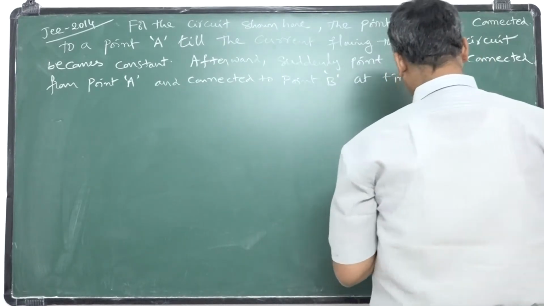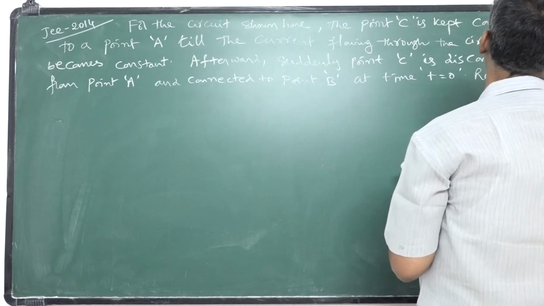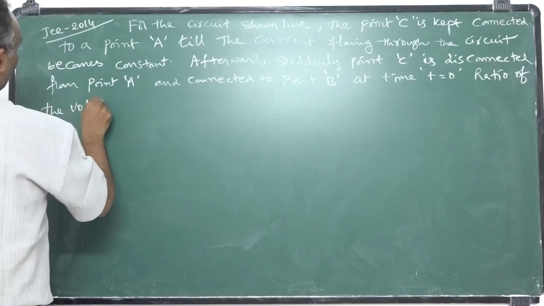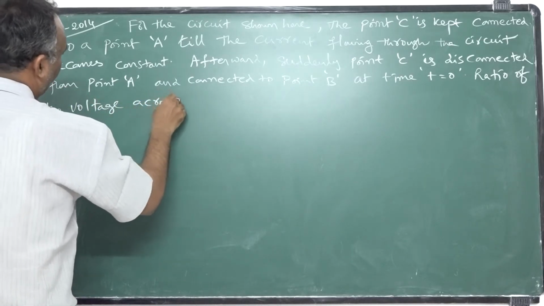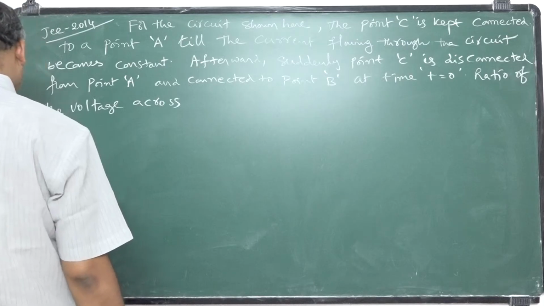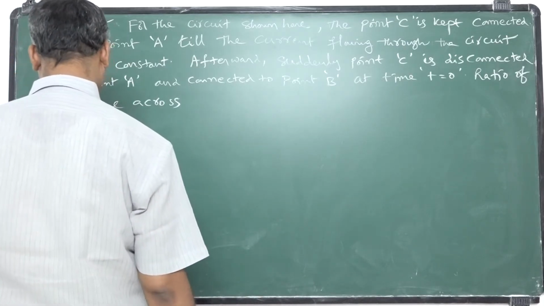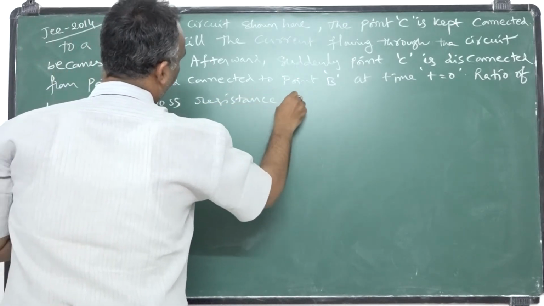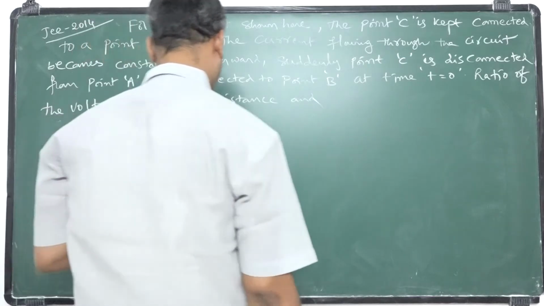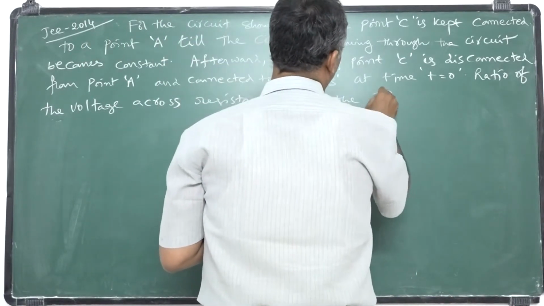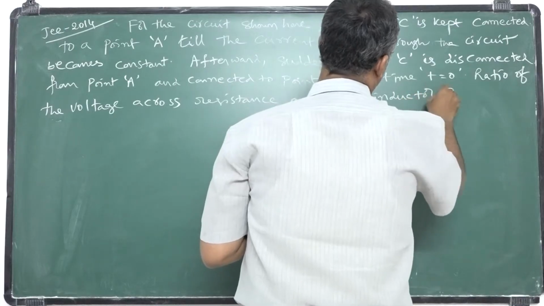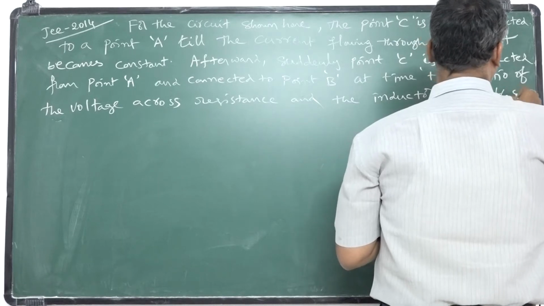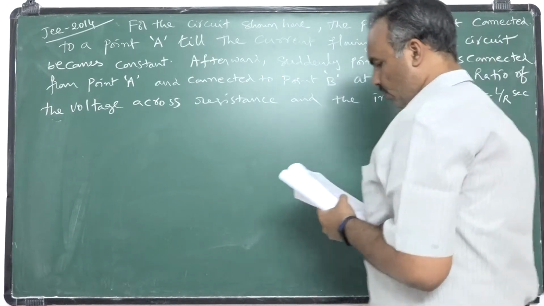Ratio of the voltage across resistance and the inductor at t is equal to L by R seconds will be equal to